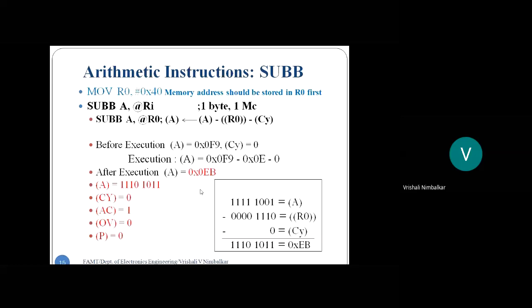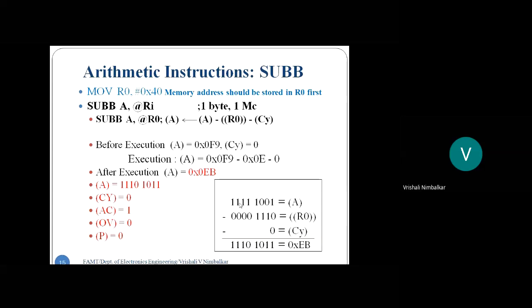That was an example, and we took a few numbers, F9, for example, here F9 minus 14, that is E, minus the borrow, that is the carry bit. And we saw how the flags were affected, right? How carry, auxiliary carry were set, and so on. So just a revision. If there is a carry or a borrow from the lower nibble to the upper nibble, auxiliary carry is set. If there is a carry or borrow from the 7th bit, that is the last bit, carry flag is set. If on adding two positive numbers, the answer is negative, or vice versa, overflow is set, right?